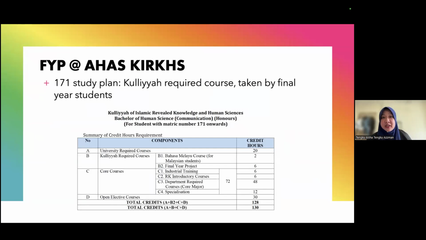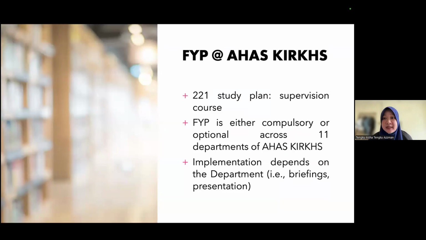But how it's managed differs according to the departments. The 221 study plan, which is the newest study plan, treats it as a supervision course. Like Dr. Aliza said just now, we don't really have classes for FYP. It consists of supervision, and whether it's compulsory or optional depends on the department. So the newest study plan is a little bit more flexible.